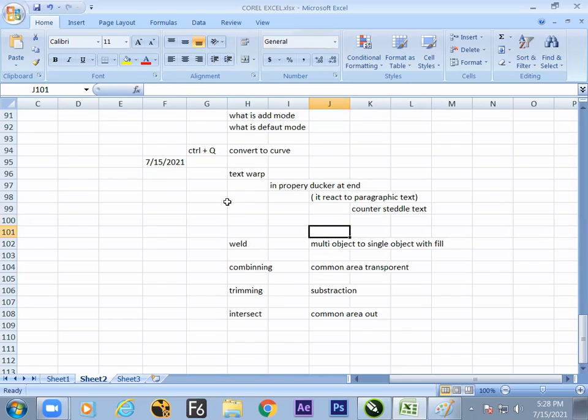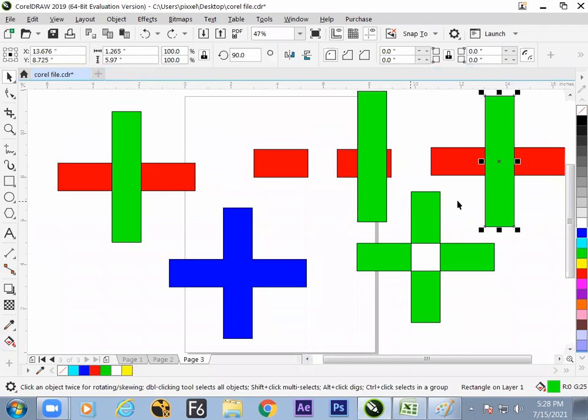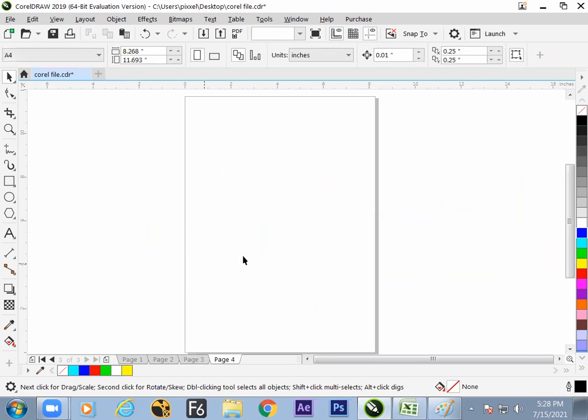So what we are seeing now, when we are dealing with multiple objects, these many operations will open inside the option bar, where you can generate the common area, out, and you can see the in and out. Now, one more page. Just taking the options, then the practical examples.